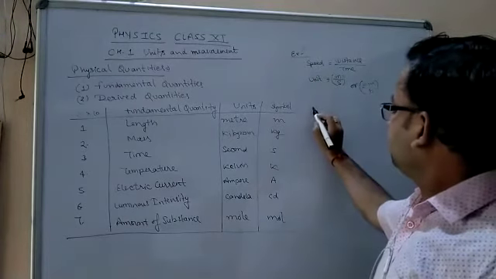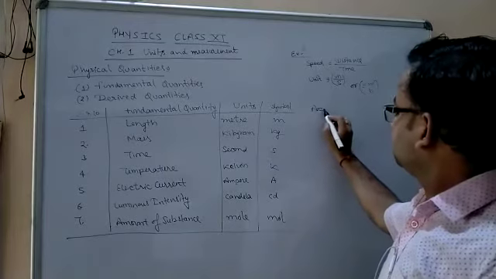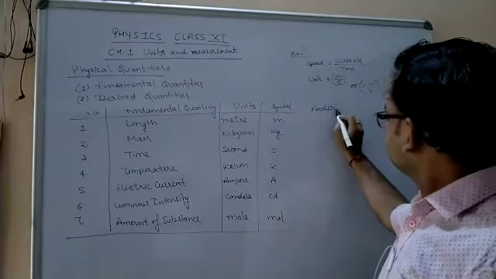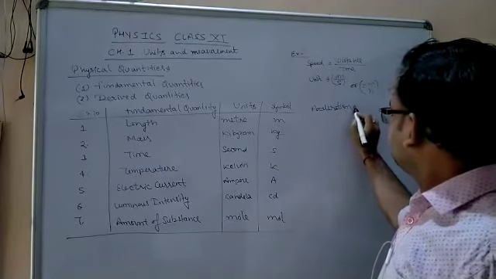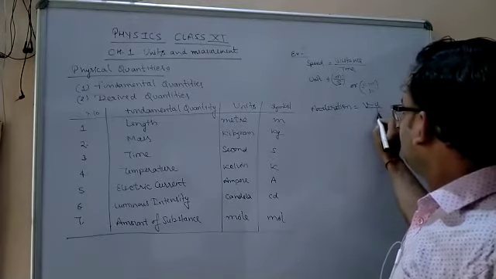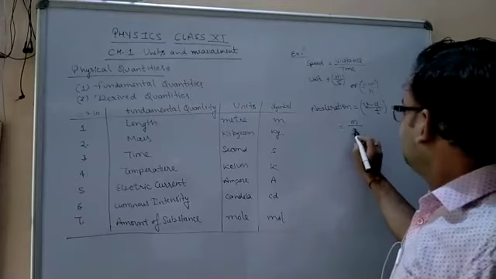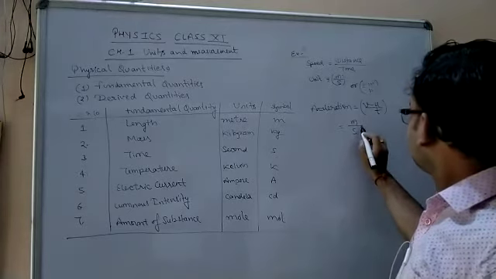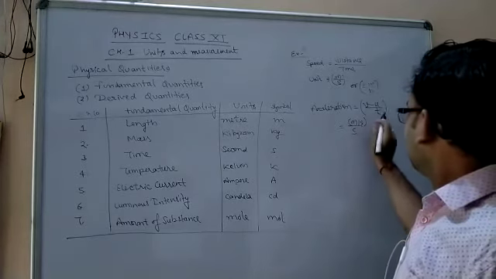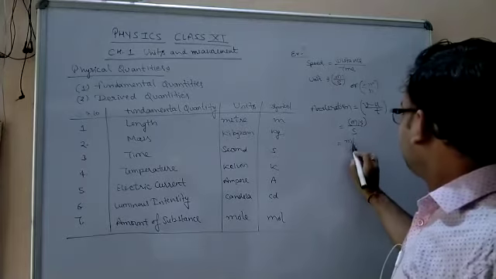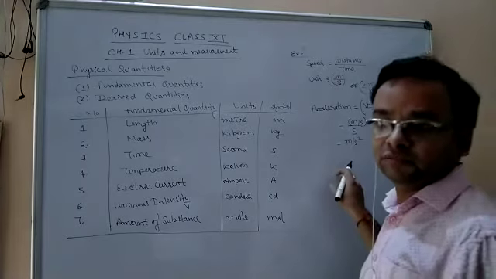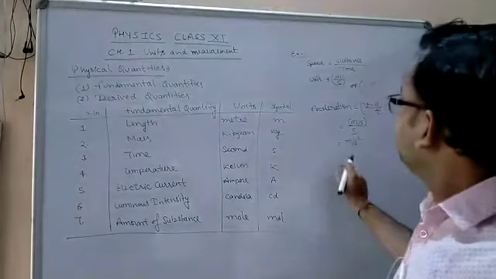Another example, we can take acceleration. Acceleration is equal to change in velocity upon time. So we can write velocity is meter per second upon second, that is meter per second square, which is also a derived unit. Okay, next